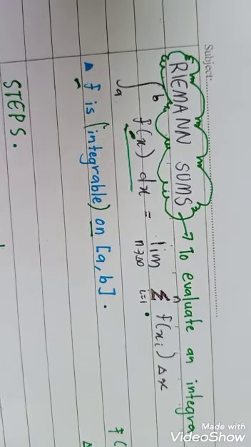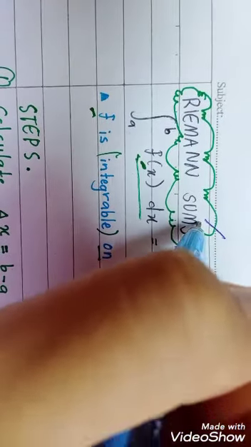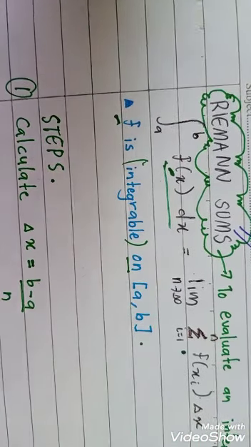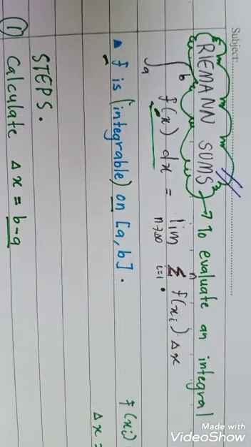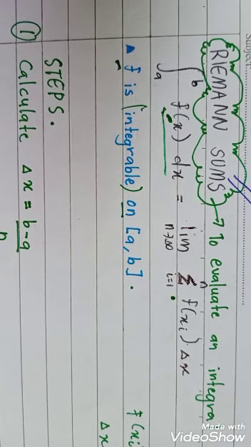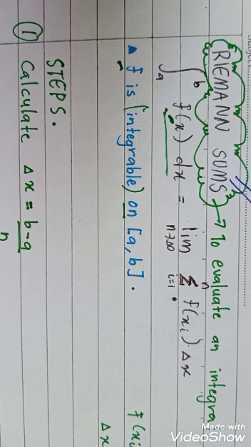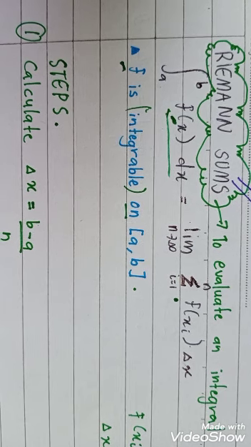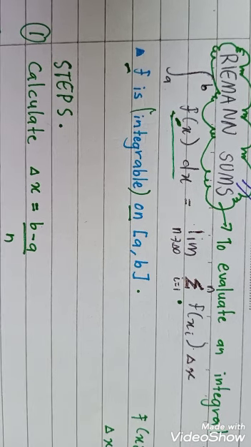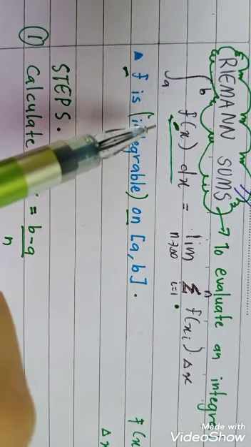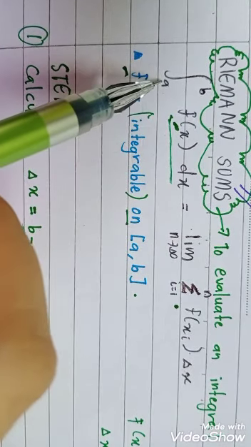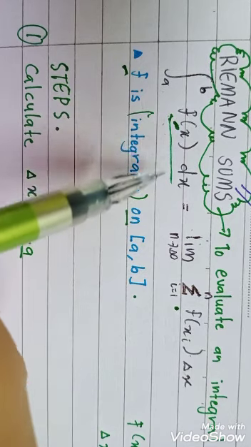Today we are going to learn about the Riemann sums. Riemann sums is used to evaluate an integral. But first things first, we must assume that the function f is continuous and non-negative over the closed interval a and b, which means that f is integrable on [a, b]. So here is the formula. Integrate from a to b of the function f(x) dx